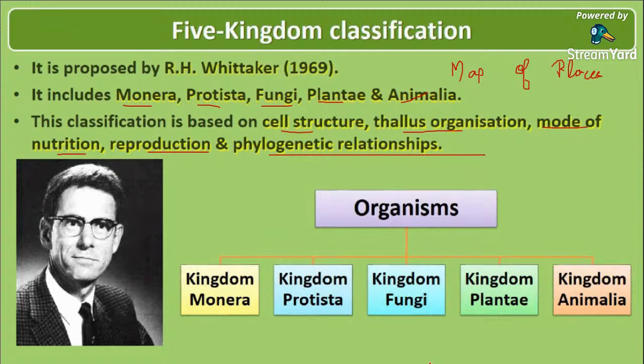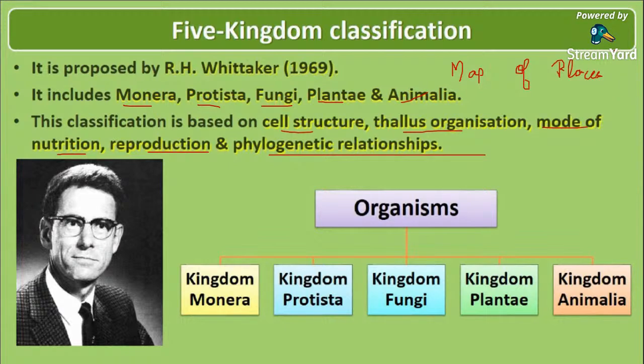That is the cell structure. Whether that is their composition, their outer layers, their inner layers, all these were considered under the cell structure. Then thallus organization. Thallus organization, that is their body is differentiated into head, thorax, and abdomen, like that different differentiation of their bodies. That is what is said as thallus organization.